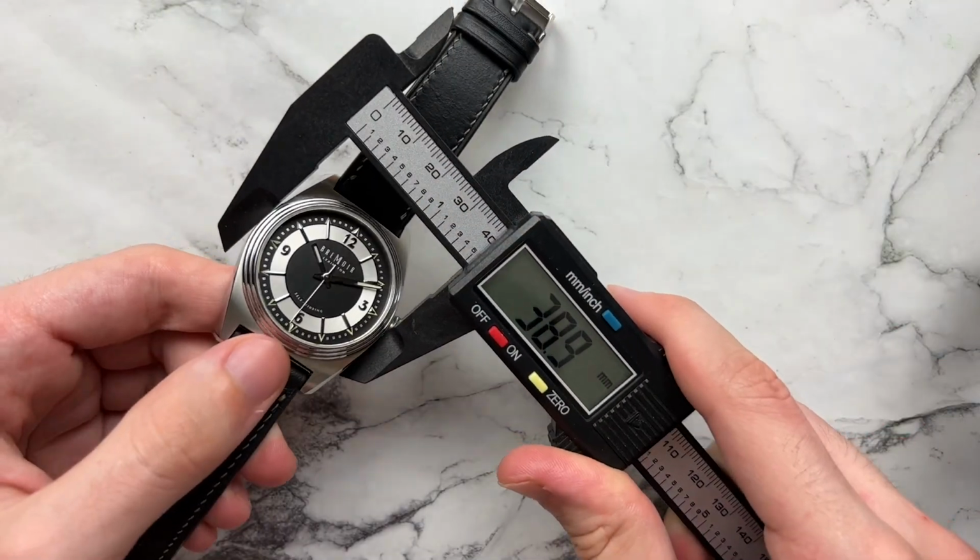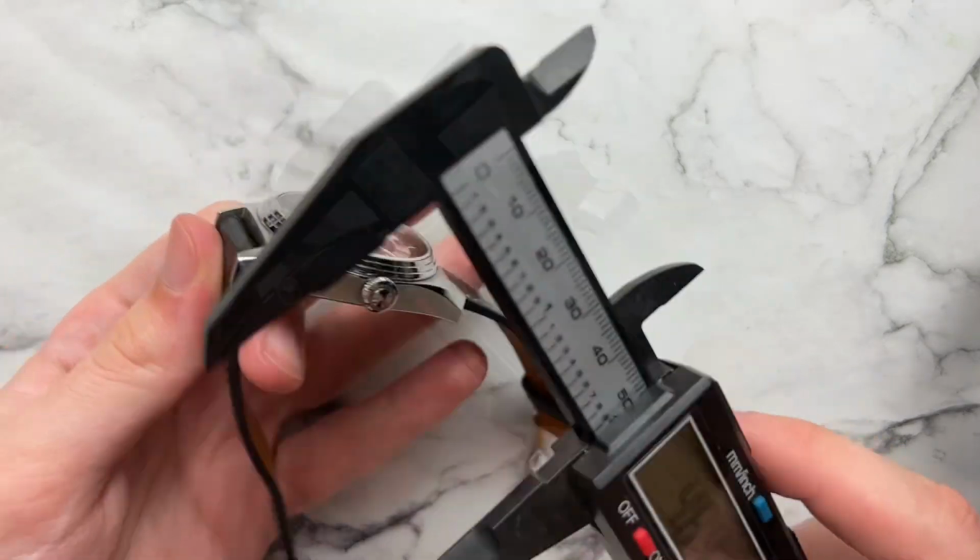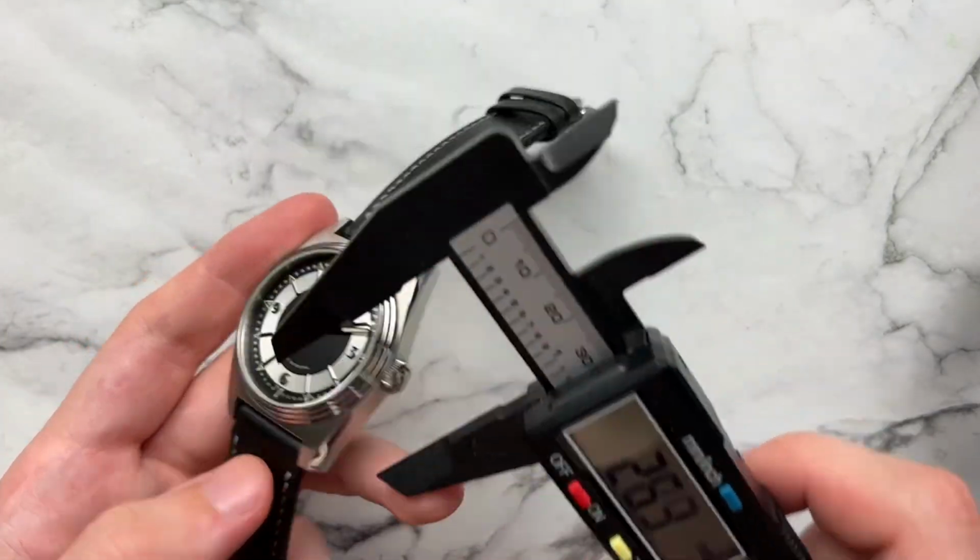So today I'm going to be taking a look at a pretty cool microbrand called Bremoir. They're basically releasing their first watch. It's a little bit dressier, which is what I dig, so let's take a look at it. We have a diameter of 39 millimeters, lug to lug of 48.5, height of 10.9, and a lug width of